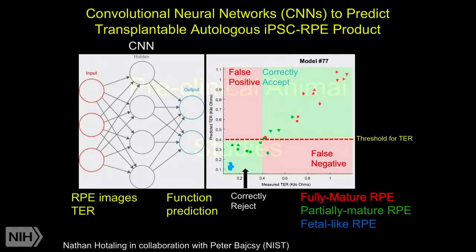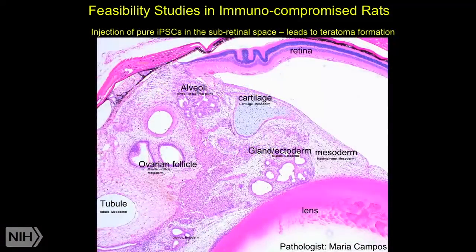So now in the second part of my talk, I want to move away from manufacturing to now testing these cells in preclinical animal models. So the first test is, once we transplant these cells, once we transplant an RPE patch, does it form tumor or teratoma in animals? And these studies are done in immunocompromised animals, because these are xeno settings, you want your cells to survive long enough that they have the possibility of forming a tumor or